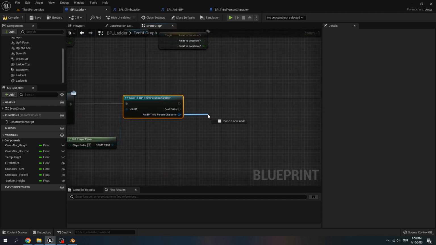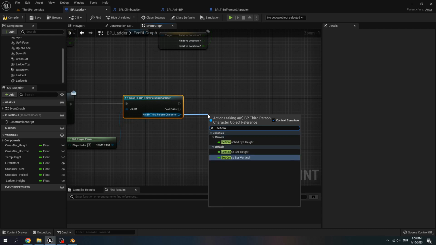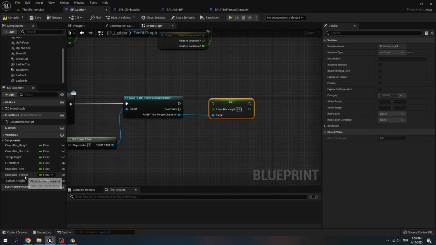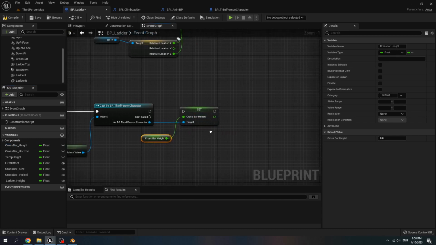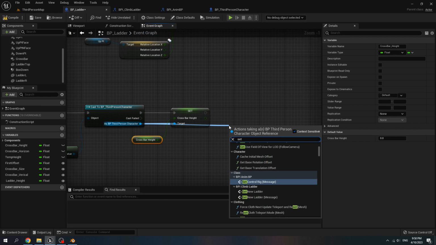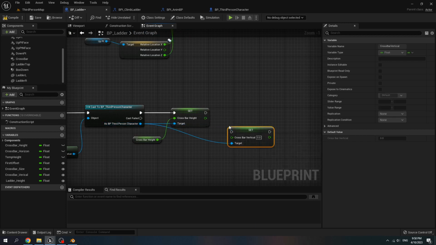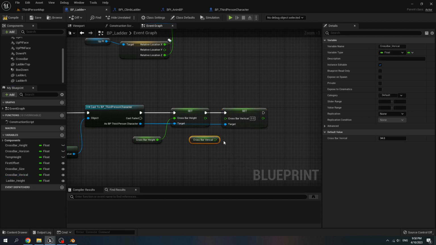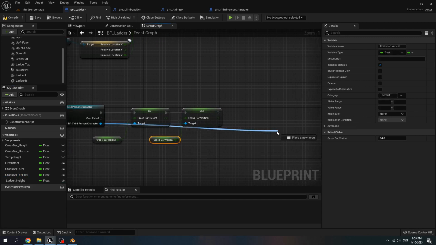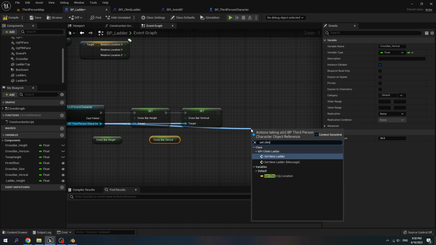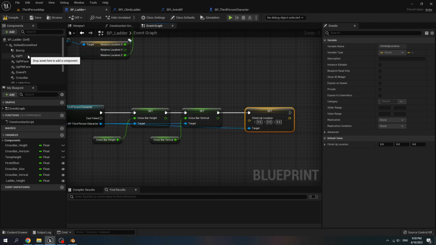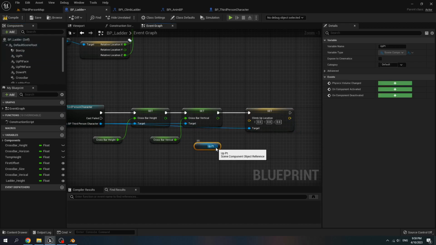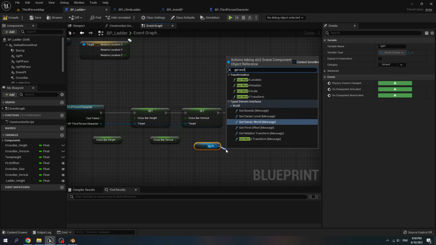Then set crossbar height, get crossbar height value, connect it to crossbar height, set crossbar vertical, get crossbar vertical, connect it to crossbar vertical, and set climb up location, get up PT, and get world location.